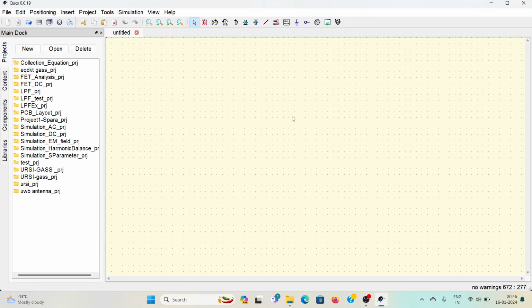Before I start, let's quickly take a look at the interface and what Quicks is. So Quicks stands for Quite Universal Circuit Simulator. It's a circuit simulator similar to LTspice or EDS or any other Spice that you must have used before. But what's different between Quicks and LTspice or other Spice-based simulators is that Quicks is able to do S-parameter simulation